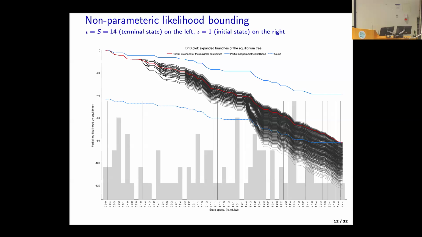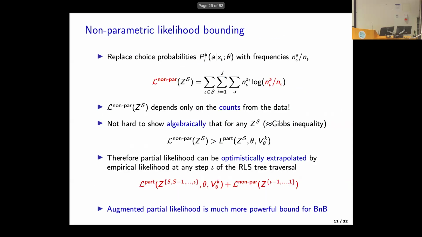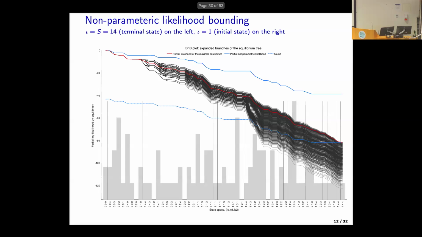That's one thing. And what are the blue lines? Well, the blue line over there, that's the non-parametric likelihood calculated in the same way for the subsets of data. It starts over here for just this data. And then as we add more data, it also declines, but has these flat spots where maybe everybody is taking the same choice, and therefore we don't get much information from these frequencies. But as I was saying, this blue line is always above any of the black lines.